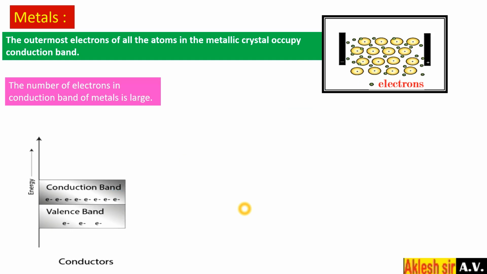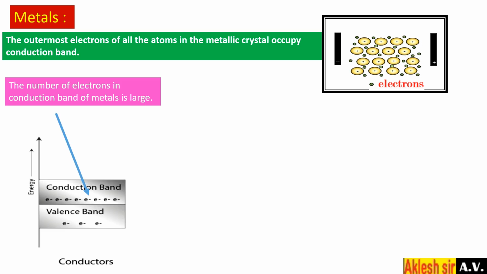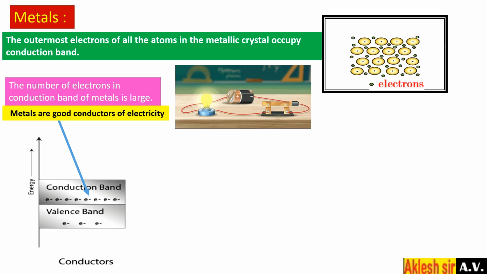Now, the number of electrons in the conduction band of the metal is very large. As you can see here, in the metal a large number of electrons are present in the conduction band. So always remember, in metal, a large number of free electrons are present in the conduction band. Next. Because the number of electrons in the conduction band is large, the metal is a very good conductor